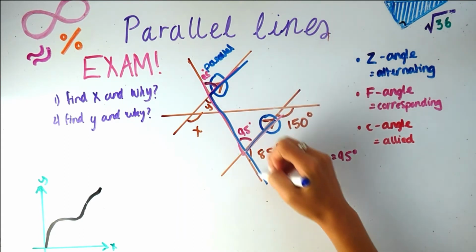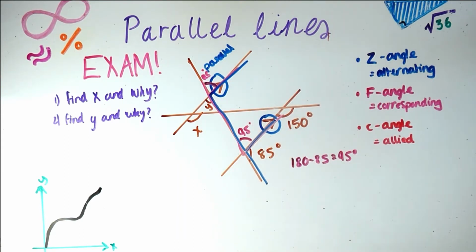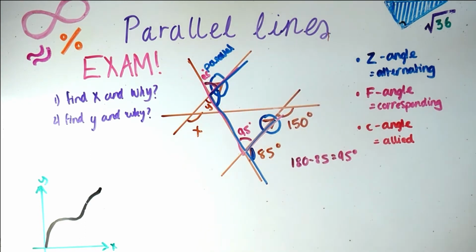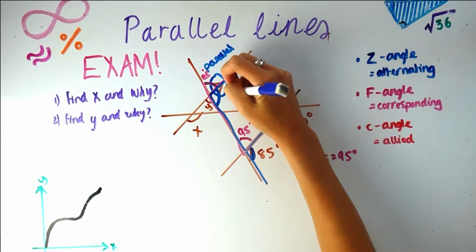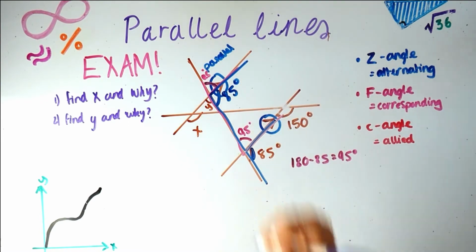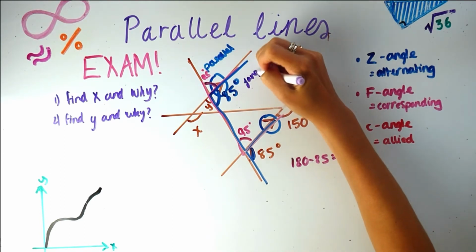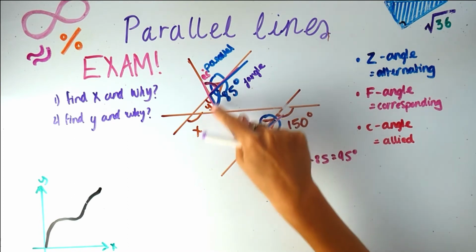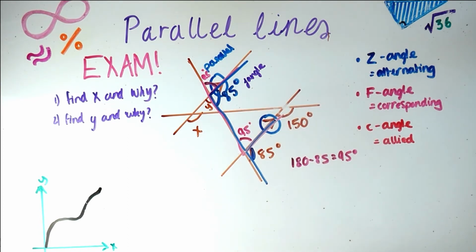and seen this F. So from F angles, I know that this angle here is the same as this angle here, even though it's looking quite messy. So I know that's 85, and this is 85 degrees. And that is from knowing F angle. So I'm just going to write F angle here, just so I can remember when it asked me how I got there. Okay, so that's 85, and we've got that bit,